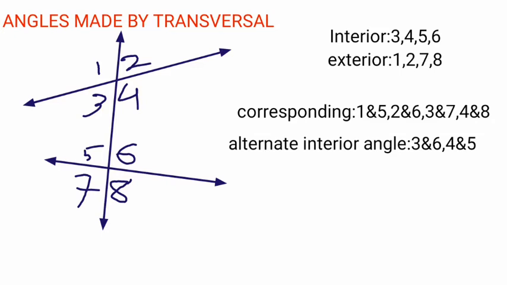Now alternate angles. Here there are 4 interior angles, angle 3, 4, 5 and 6. The alternate interior angle of angle 3 is angle 6, and the alternate interior angle of angle 4 is angle 5. Here we are only taking the angles which are in the opposite direction. To know it better, look at these diagrams which are drawn separately.